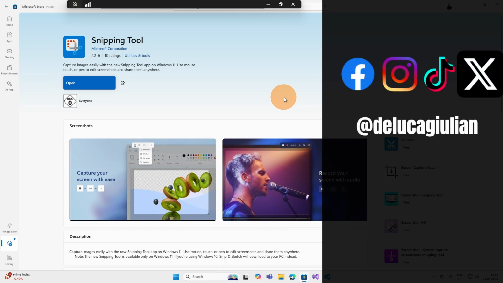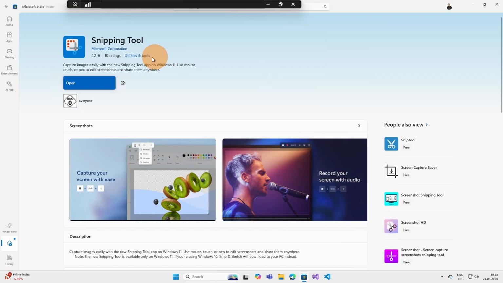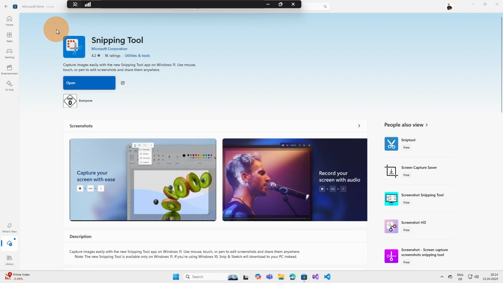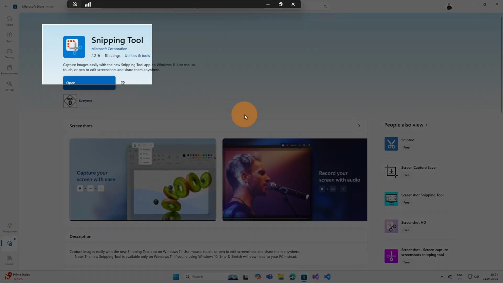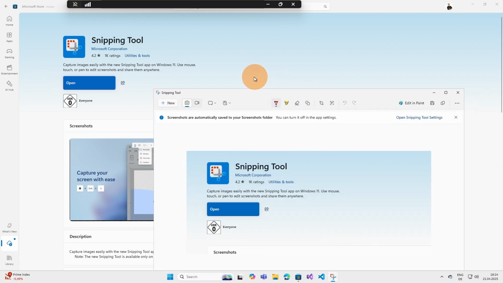There is a new update for Windows Snipping Tool. Let's take a screenshot of this page. Control Shift S, or I can click here just to open the Snipping Tool. Now I'm going to press on New, and what is coming is the ability to immediately extract text